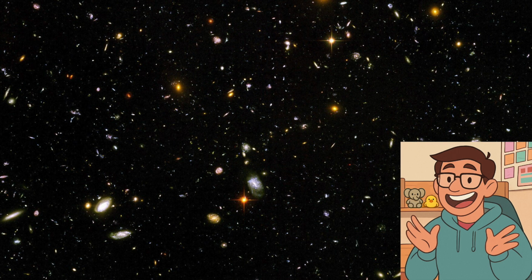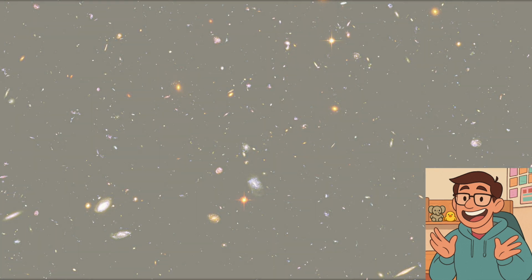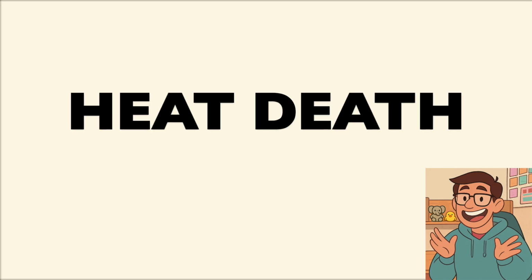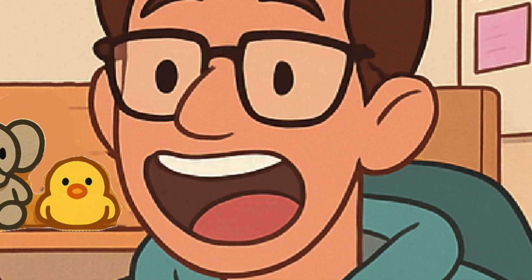And so if you zoom out and look at the whole universe, eventually, after an unfathomable amount of time, like this many years, the whole universe will have its energy be evenly distributed. The whole universe will be like a soup where all of the thermal energy is just evenly mixed together. There will be no cold spots, no hot spots. It'll all just be homogeneous. This will be called the heat death of the universe because there will no longer be heat to transfer from one region to another. So as a result, the universe won't ever be able to do work on anything else ever again. The whole universe will just be bland, tepid soup for all eternity.